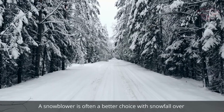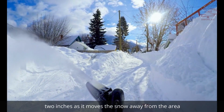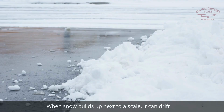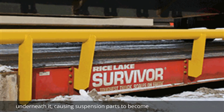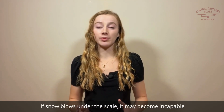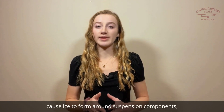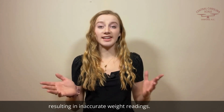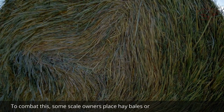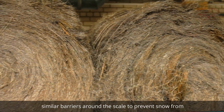A snowblower is often a better choice with snowfall over 2 inches, as it moves the snow away from the area around the scale. When snow builds up next to a scale, it can drift underneath it, causing suspension parts to become frozen in place. If snow blows under the scale, it may become incapable of weighing properly. Snow that melts and refreezes can cause ice to form around suspension components, resulting in inaccurate weight readings. To combat this, some scale owners place hay bales or similar barriers around the scale to prevent snow from blowing